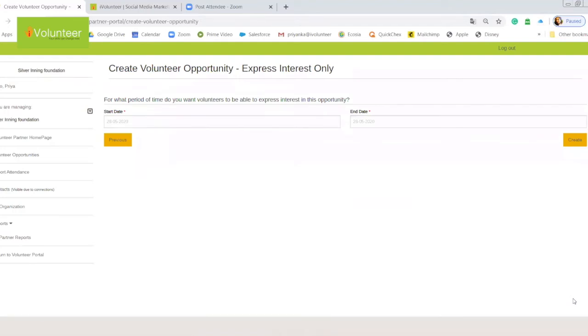Excuse me, ma'am. Yes. Ma'am, I have a doubt here. As our project is running in 3 different schools located at different locations, is there any option to post 3 different locations? Yes, definitely. What we will do is first create this particular opportunity, and then we can create multiple occurrences of it. I will show you slightly later on after this.